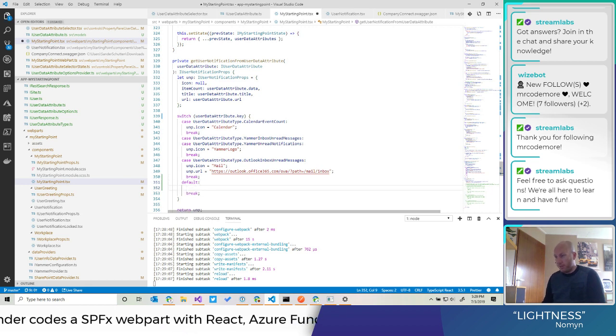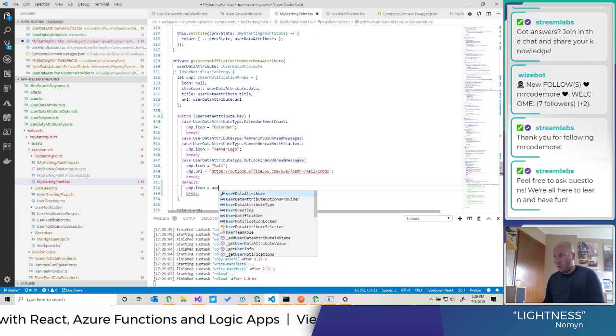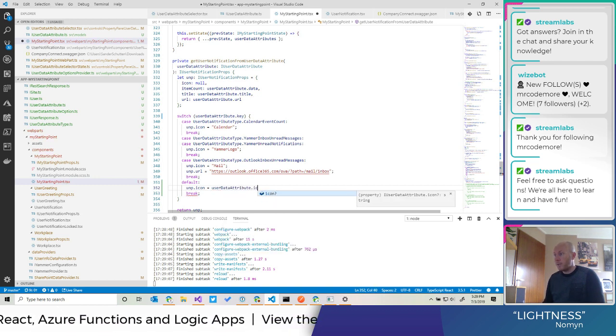And now we should be able to set icon equals user data attribute icon.